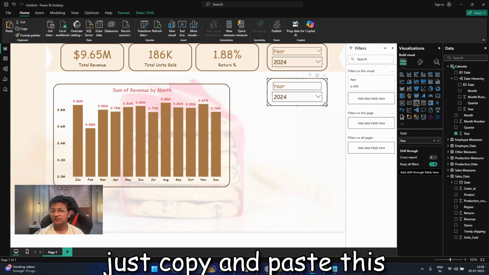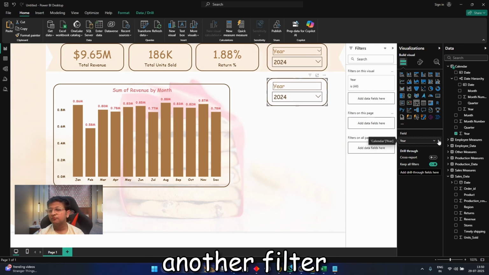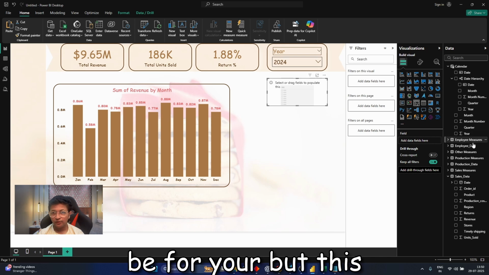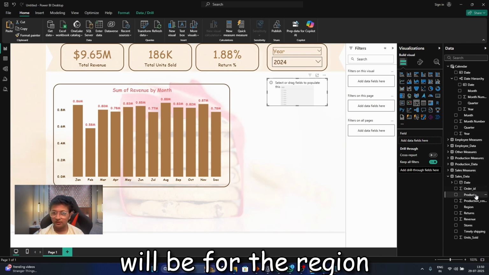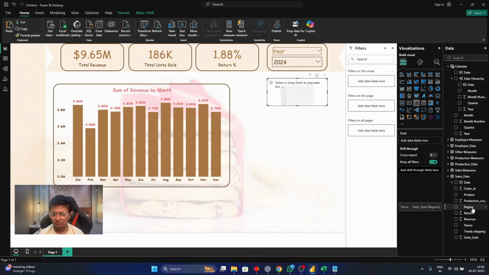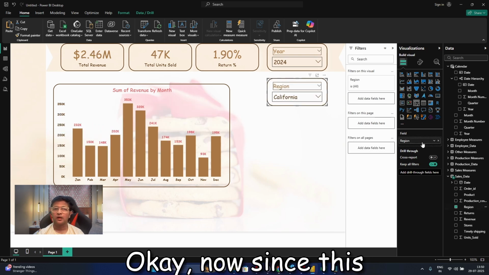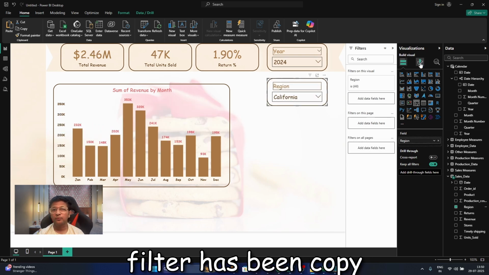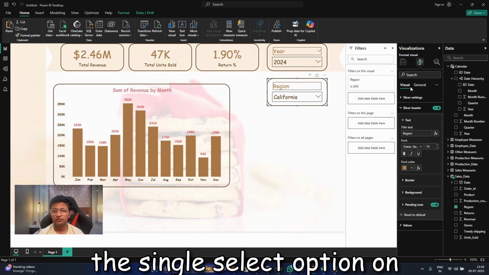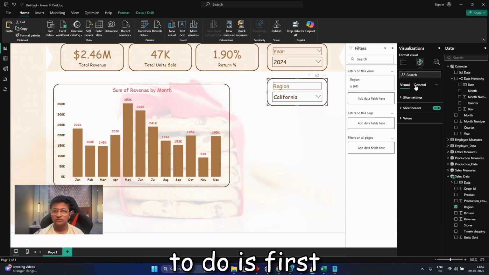I'll just copy and paste this, and now I'll create another filter. Now this will not be for year, but this will be for the region or maybe product. I think for the region. Okay, now since this filter has been copy pasted, it will have the single select option on. So what I want to do is first